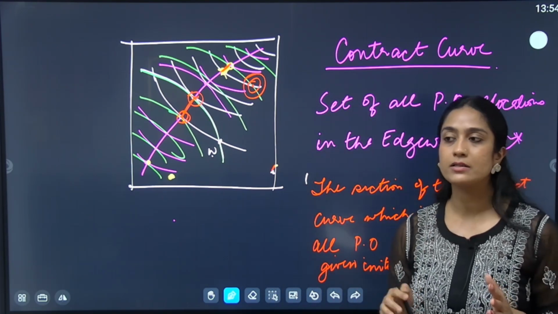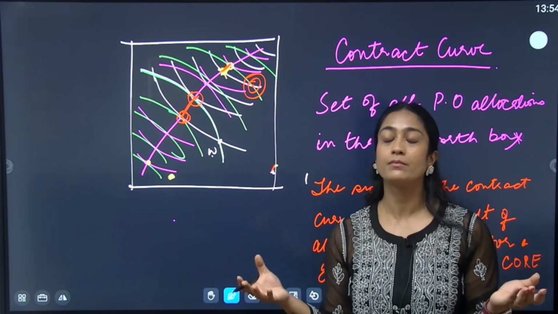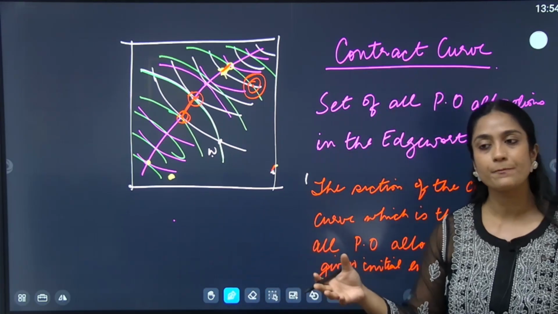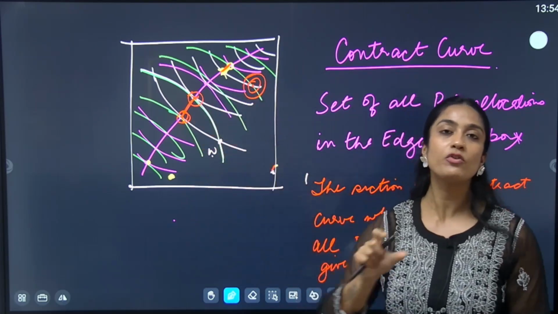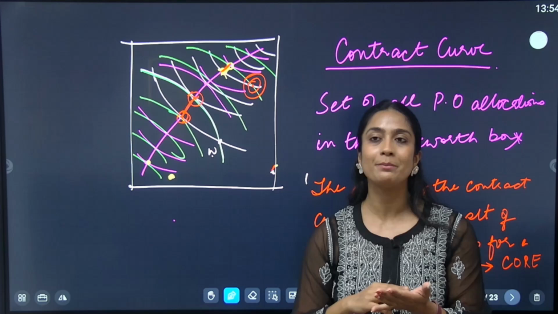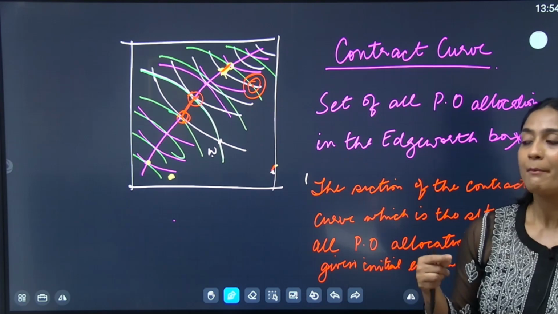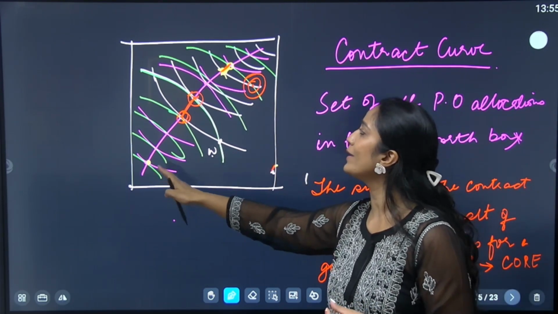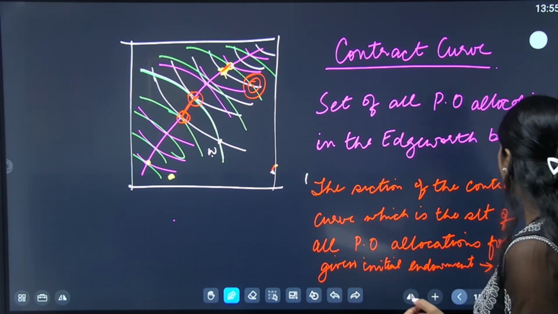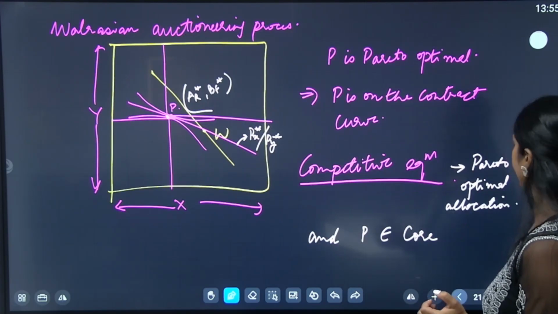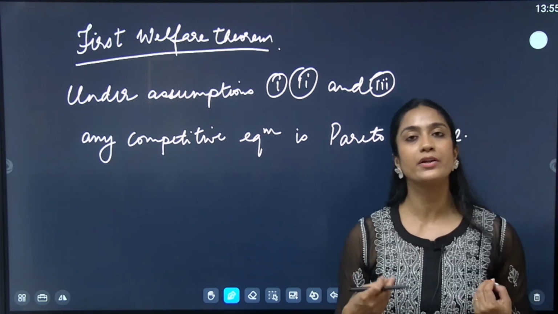But the big thing is that if you use the market mechanism, if you let prices decide the value, the prices and the utility that the consumers have, right? These price taker agents, if you let prices do their thing, you will not only land on the contract curve, you will land on the core. You will make an allocation that will be Pareto optimal. It will make everyone better off without making anyone worse off. At least no one will be made worse off, right? So this is a very powerful result, the first welfare theorem, because the chances that you get such a desirable allocation using a mechanism, using the market mechanism, is pretty powerful. Okay, so this is the first welfare theorem, which is saying that if you have a certain set of basic assumptions satisfied,